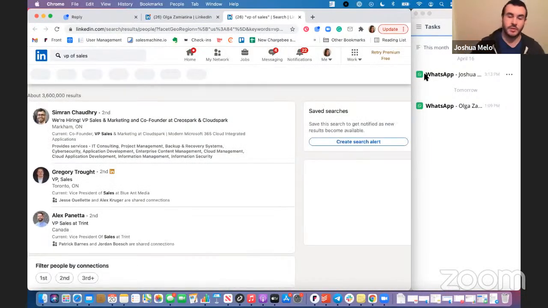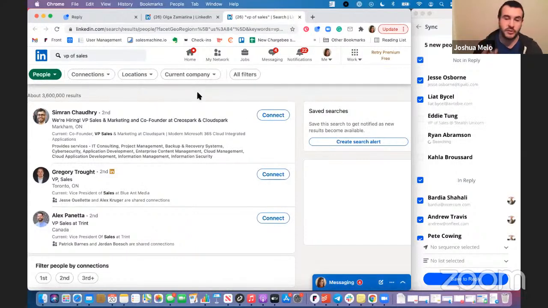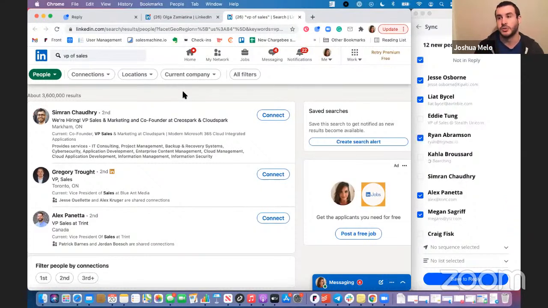The question was specifically about not pulling in contacts anymore. So that could be one of two things. Either you've hit your limit, so it does run a limit of 200 searches for the month if you're not paying for the upgraded version. So that would prevent you from pulling anybody else through.